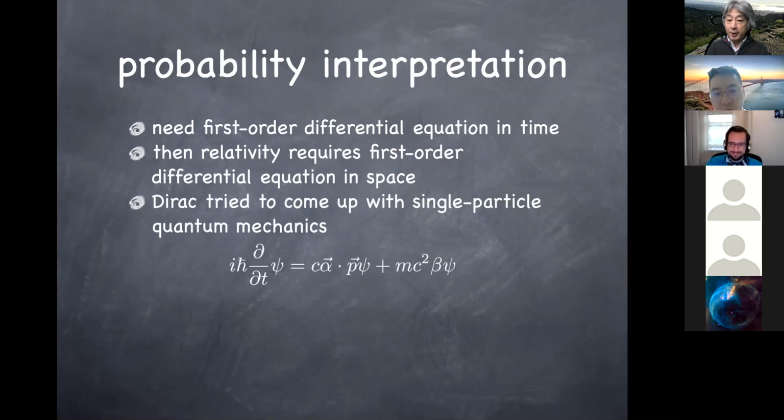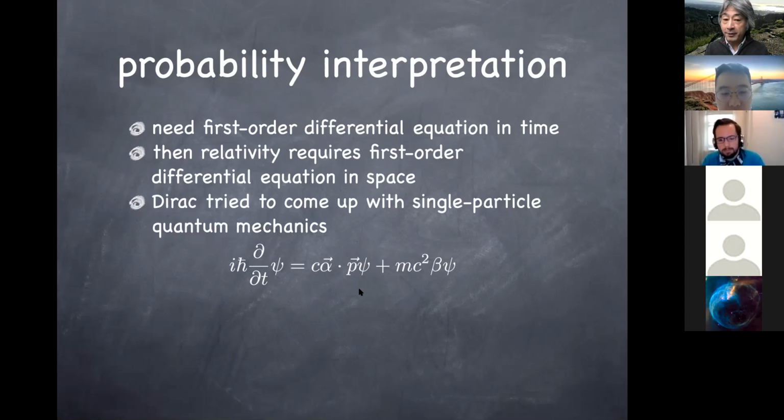this is what you can do, namely that this is first order derivative in time, and p here is meant to be, now that we're talking about quantum mechanics, the derivative operator in space, h bar over i times gradient. And it has to be first order in that. So this is just an arbitrary linear combination of them with a coefficient alpha. We don't know what alpha is at this moment, but this is at least a first order differential equation in space.